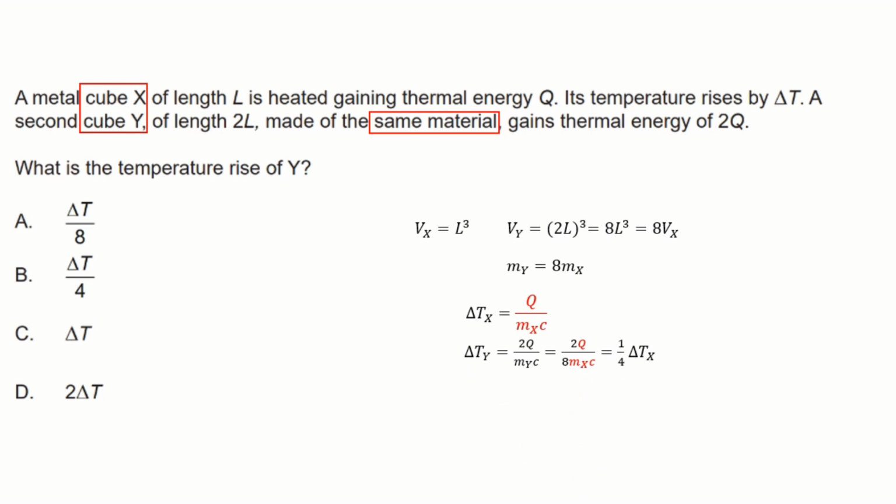Delta Ty, well, in this case, the energy input is 2Q because it gets an extra amount of energy in, according to the question, divided by the mass of Y and times C. And we notice there that we've got the same factors Q over mx times C in that second version of the equation. Now remember here, the specific heat capacity of the two materials is the same because they are the same material. And therefore, we can resubstitute in and we find that our temperature rises are different by a factor of 4. In other words, we have answer